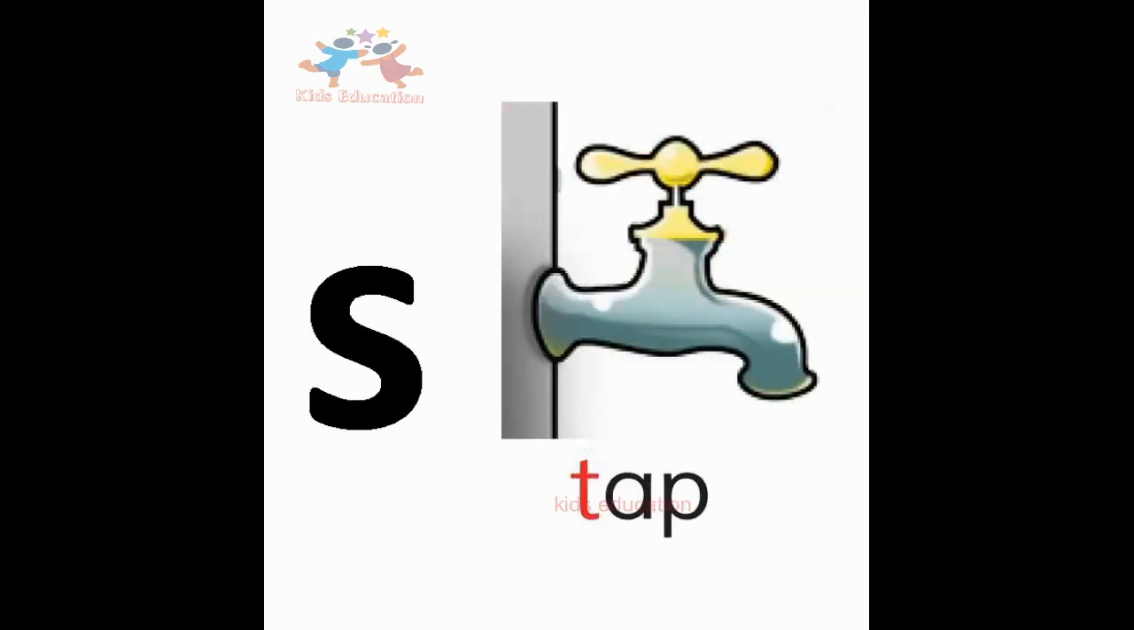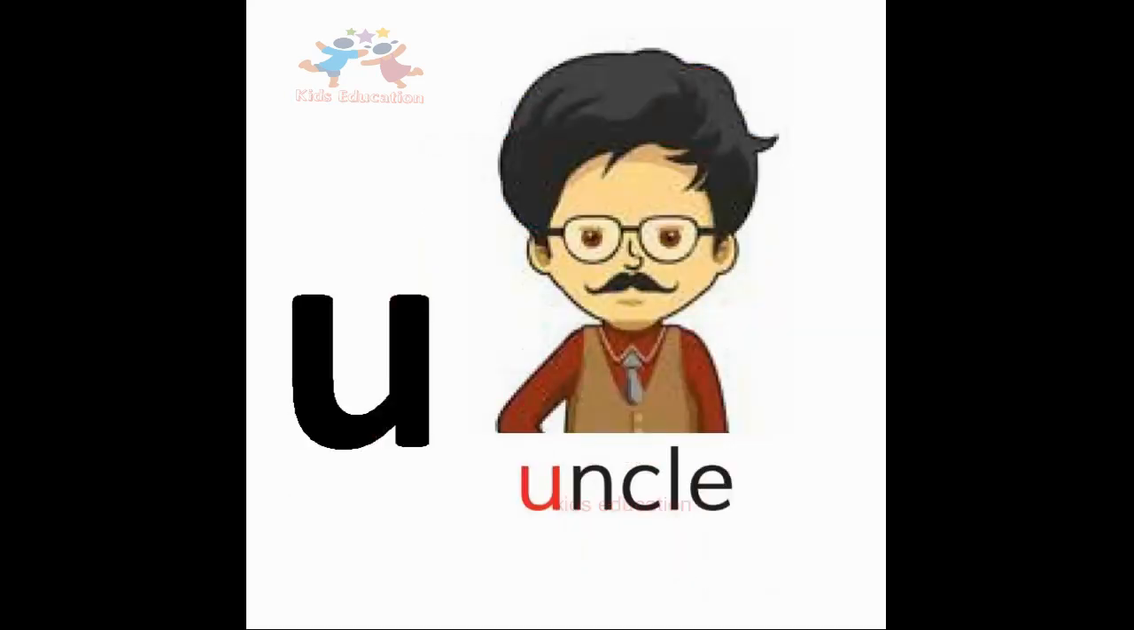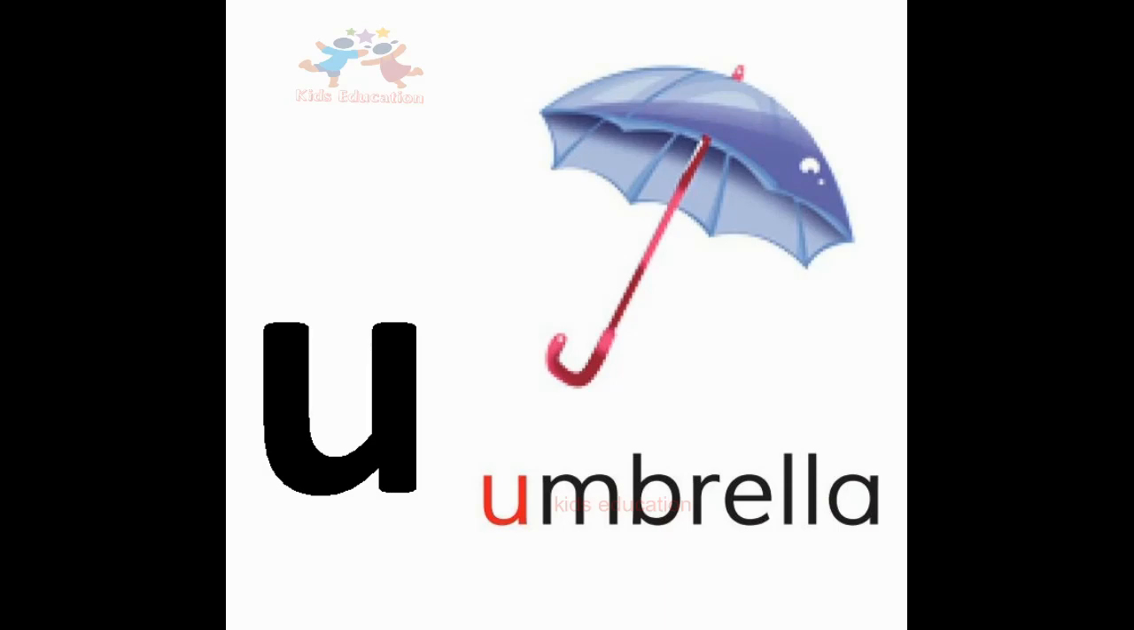T for tap, tap मानी टूटी। T for table, table मानी मेज। U for uncle, uncle मानी चचा। U for umbrella, umbrella मानी छतरी।